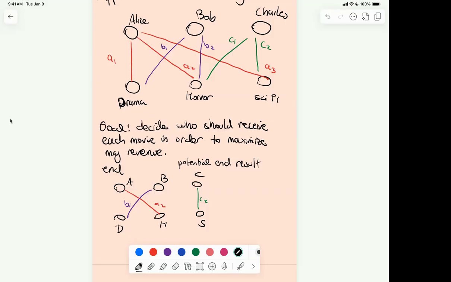You could start with millions of edges, and that's actually how networks like Instagram and Facebook work; you can imagine how easily this adapts to social media. You could start with millions of edges, but at the end of the day, in this assignment, if it's 100 people and 100 movies, you only had to draw 100 connecting edges at the end of the problem. So you are doing an insane amount of elimination. Depending on the preferences, it is an exponentially large number, and in the end you end up with something small. That's to show you the scope of what you're trying to achieve,